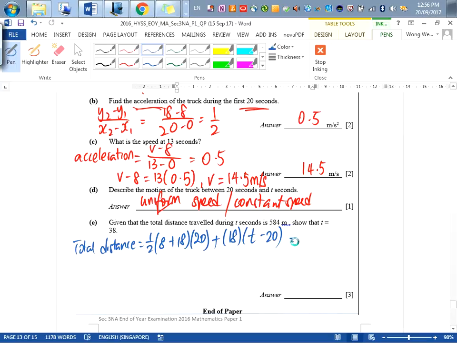This is supposed to give me 584. So now I make t the subject. Therefore, how much is 8 plus 18? 26 divided by 2, 13 times 20, 260 plus 18t minus 360 equals to 584. So 18t is equals to